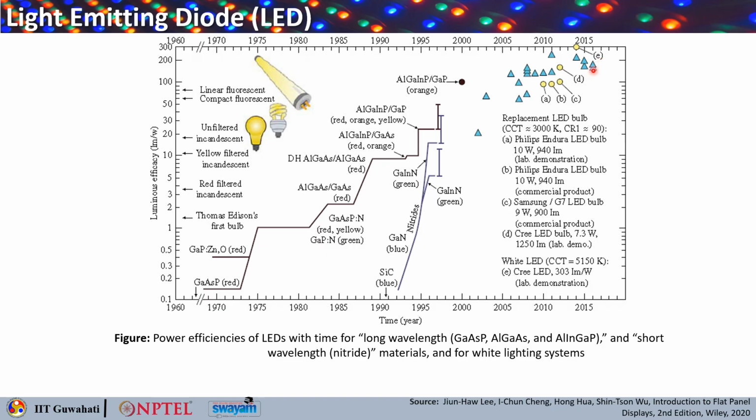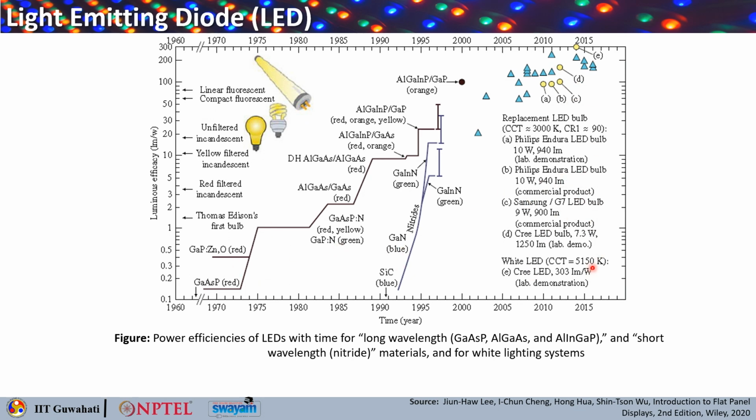You can see that we currently have white LED. That has become possible because the blue LED was discovered very recently. Before that, the green and the red were done. Only here the blue LED has been discovered,